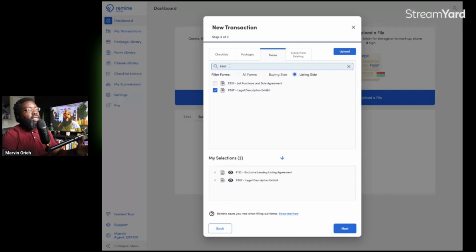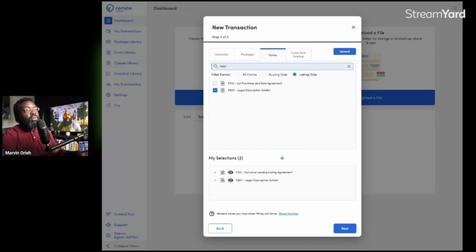You'll just simply find the address on the FMLS website, and then you will print out the FMLS breakdown of the property. So all you're doing is literally searching the address on the MLS website. Once you find it, you're just going to do an FMLS printout that you can find internally. I'm not going to do that for this particular video, but just know that you need to add that, as